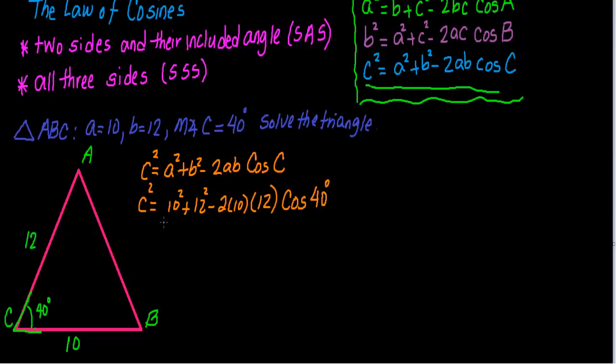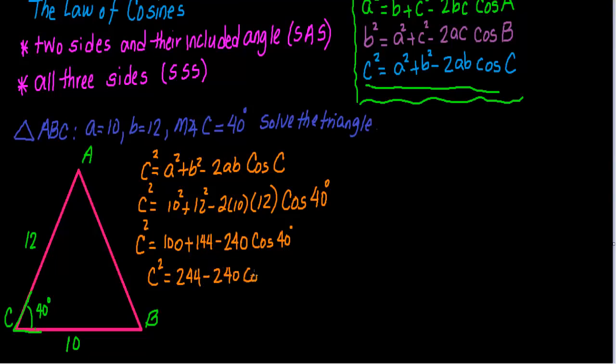Now, in your calculator, be careful doing these steps. Remember the order of operations. So I like to solve this a little bit before I input these values into the calculator. 10 squared is 100. Plus 12 squared, that's 144. Minus 2 times 10, that's 20. Times 12, that's 240. Times the cosine of 40. And I'm going to go one step further. c squared is equal to 100 plus 144, that's 244 minus